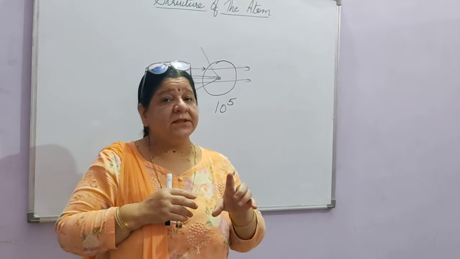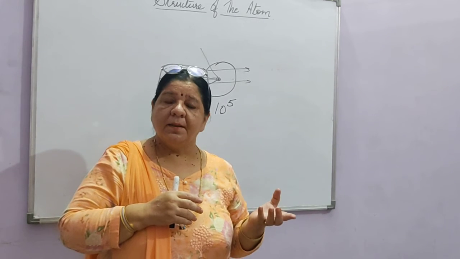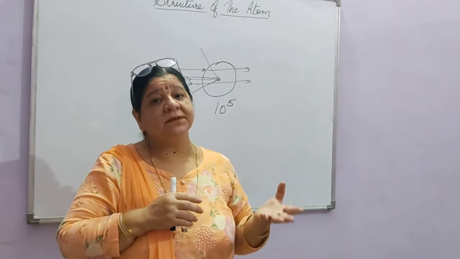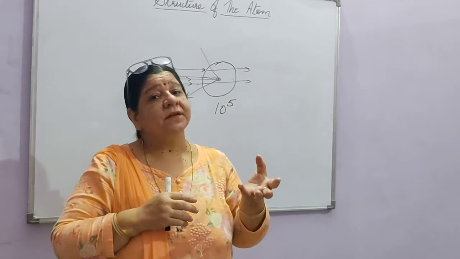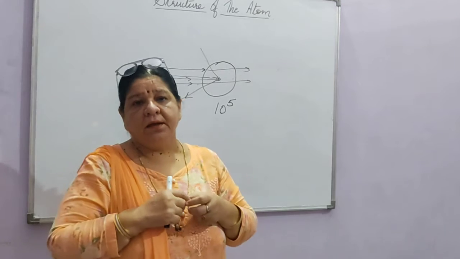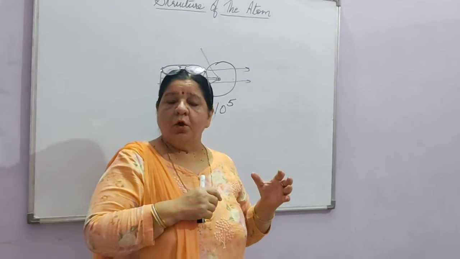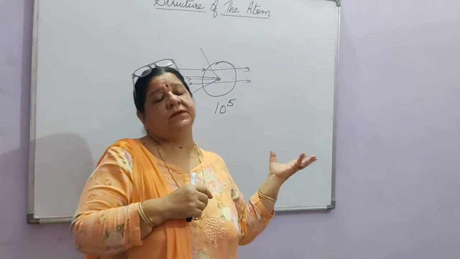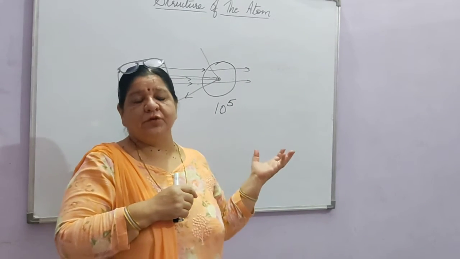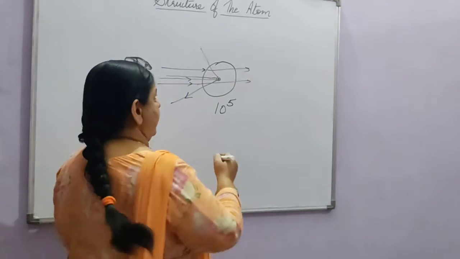So if they fall in the nucleus, that means they are unstable. But we know that atoms are stable, right? They do not keep on changing their state of matter on their own. They are stable. So this theory had its own drawbacks. This was also discarded. Ultimately, Niels Bohr